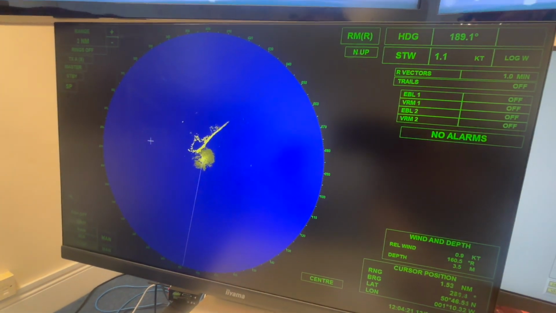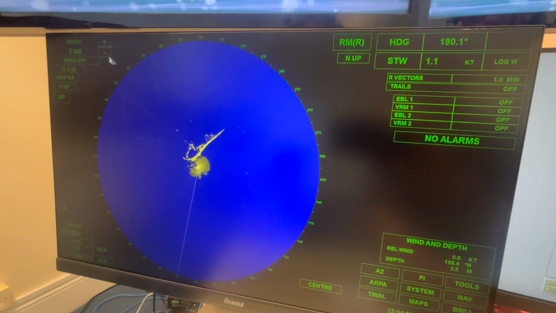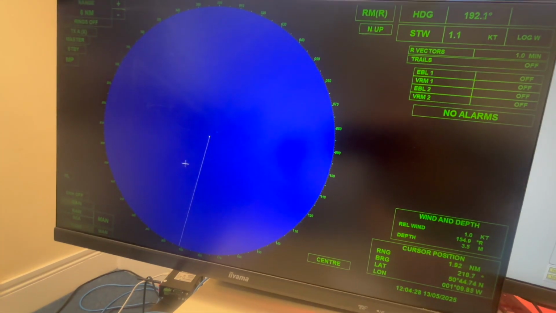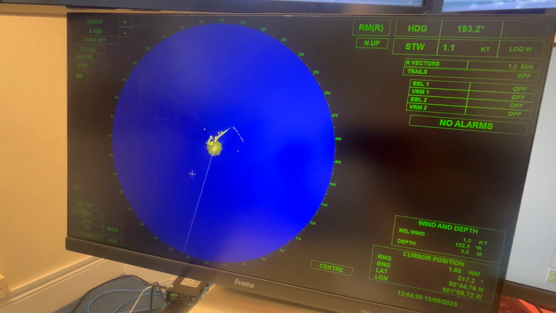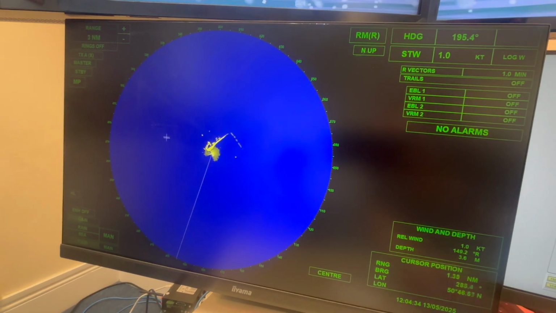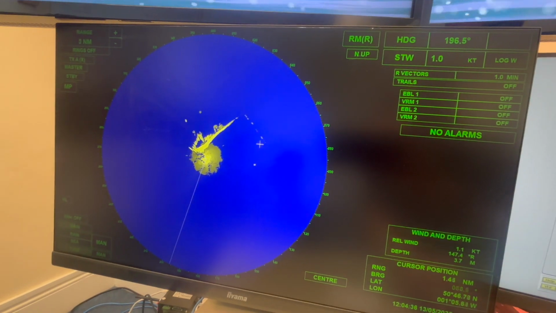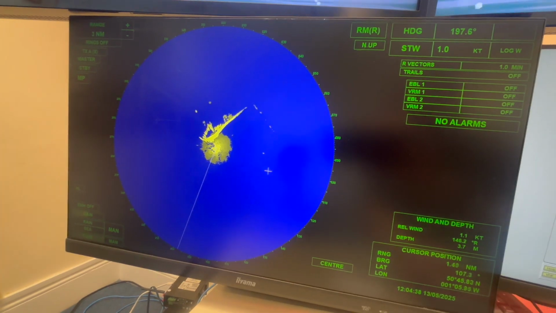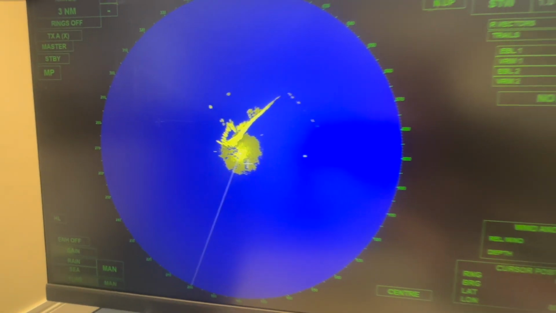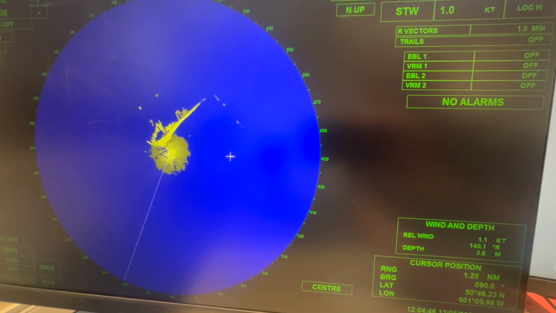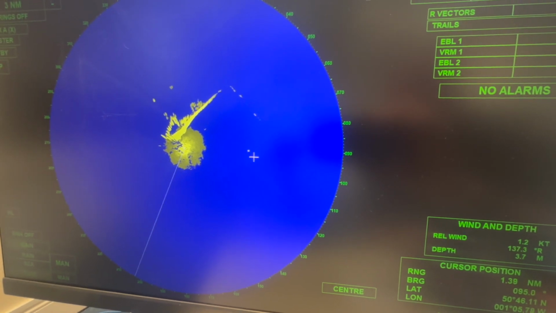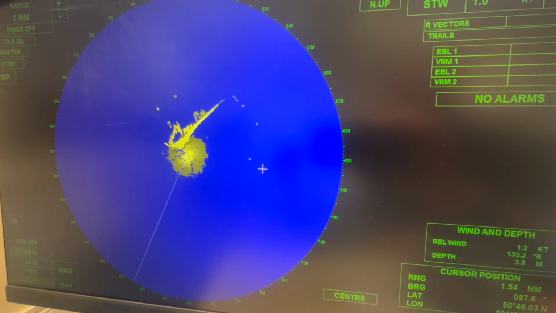And here we have, we're off Gilkicker here, and if we go into 6 mile range, okay, we can see the edge of Portsmouth. Let's go down to 3 mile range, so we can see the edge of Portsmouth here. It's Gilkicker. We can see the snow here is giving us some clutter, and we can see the fault, and we worked out that we need to have 050 degrees, and we needed